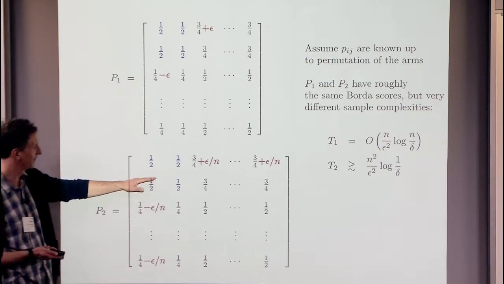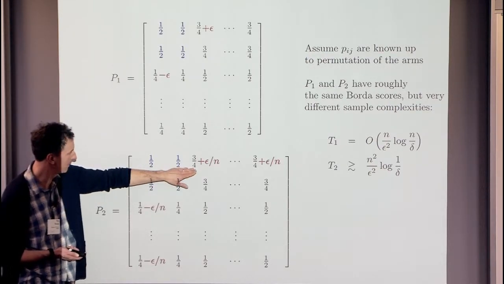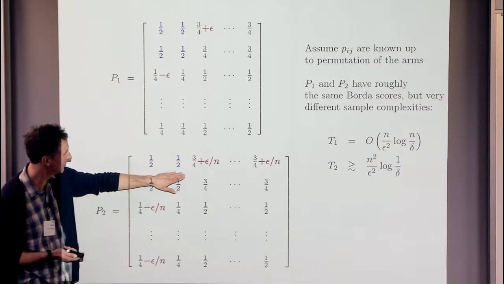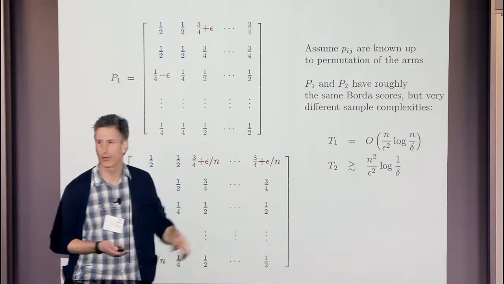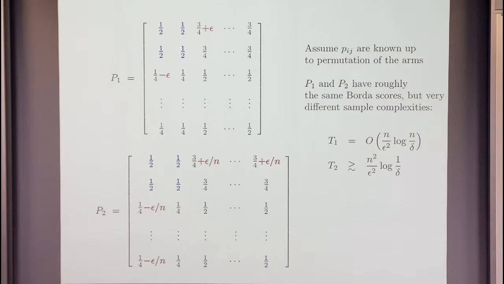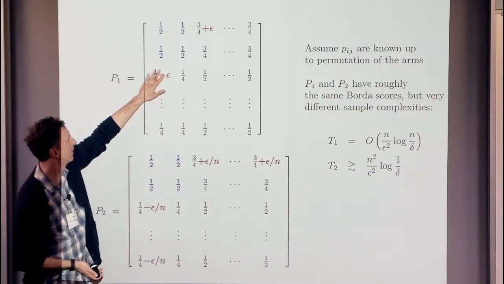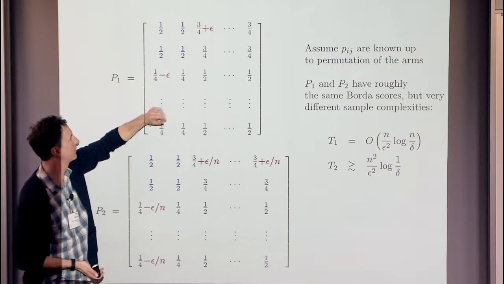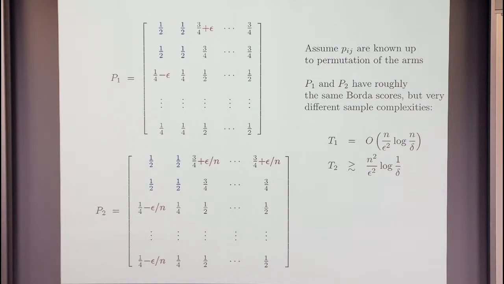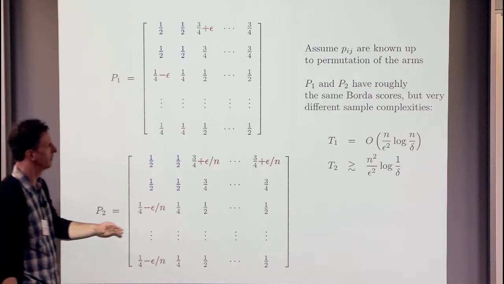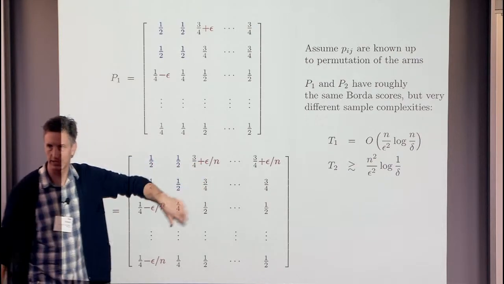It's also got an edge on arm 2 in this case too, but now that epsilon, rather than being concentrated in one duel, is spread out over a bunch of duels. And somehow our thinking was that this situation would be easier, because maybe if we could figure out who the top arms are and then focus our dueling on those, and if it's revealed which one is better just by one duel, or arm 3 in that case, maybe we can capitalize on that structure. It turns out you can, if you know the probabilities up to a permutation.